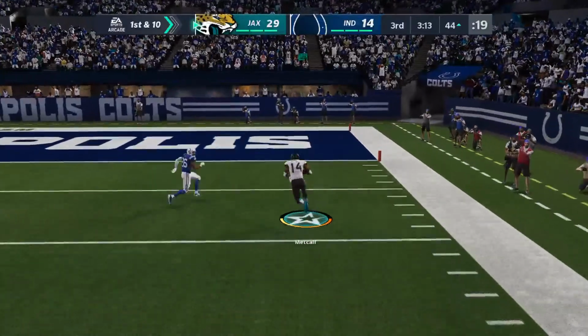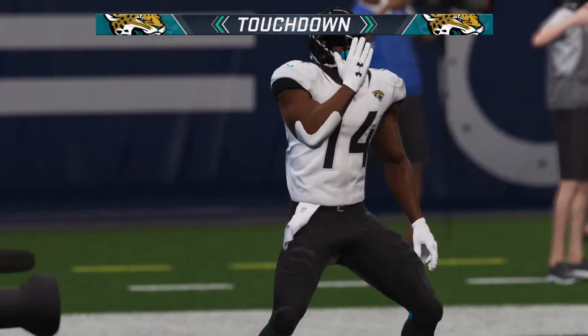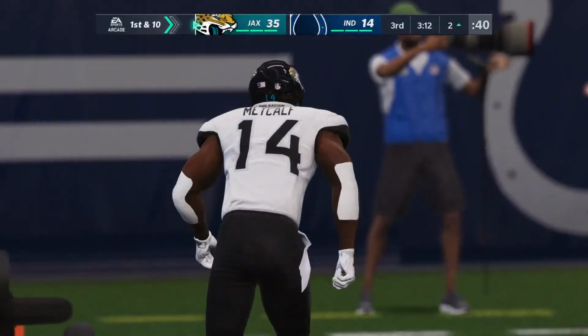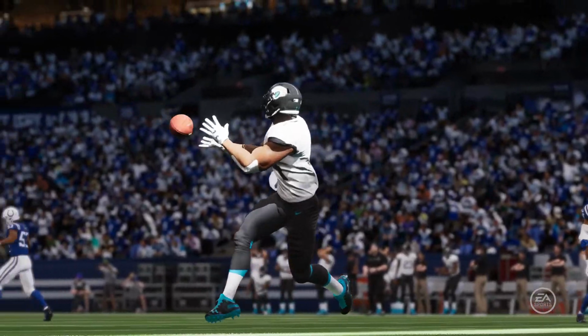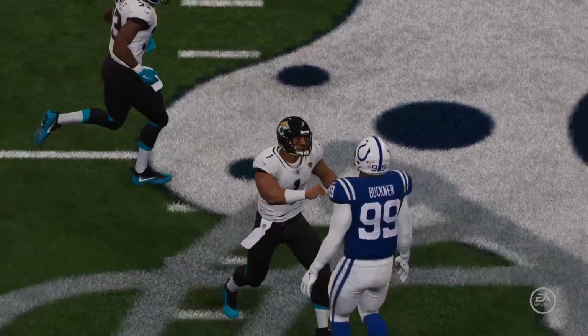Here's a 1st down throw. It's complete. And he takes it in. Touchdown, Jacksonville. DK Metcalf, 44 yards. And the Jaguars are able to widen their lead. So whatever happened to rookie quarterbacks taking time to adjust to life in the NFL? Because this guy looks like he's been doing it for about...